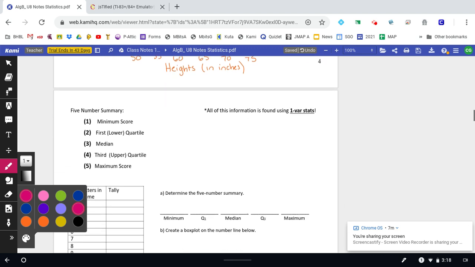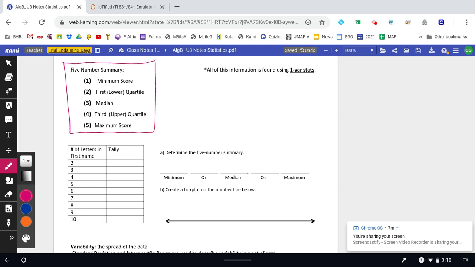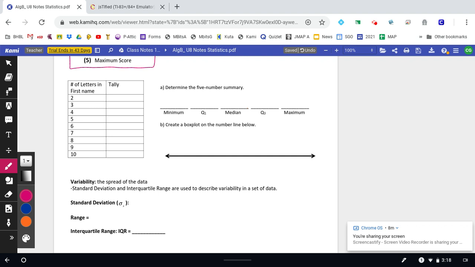All right, so next, there's our 5-number summary I was just talking about. We're going to use the data from this class. I'm going to use everybody in our group. I'm going to start with Alana. Alana's got 6 letters in it. I've got Becca, we'll call her Rebecca. She's got 7 letters. We got Jared with 5, Bradley with 7, Miriam, 6,